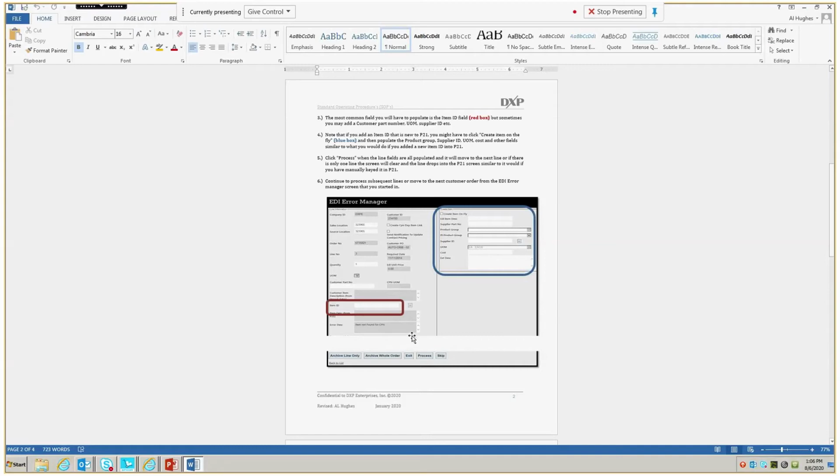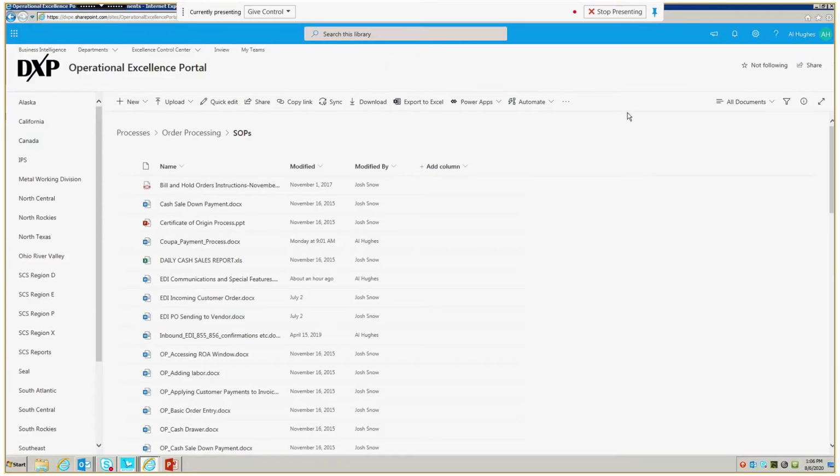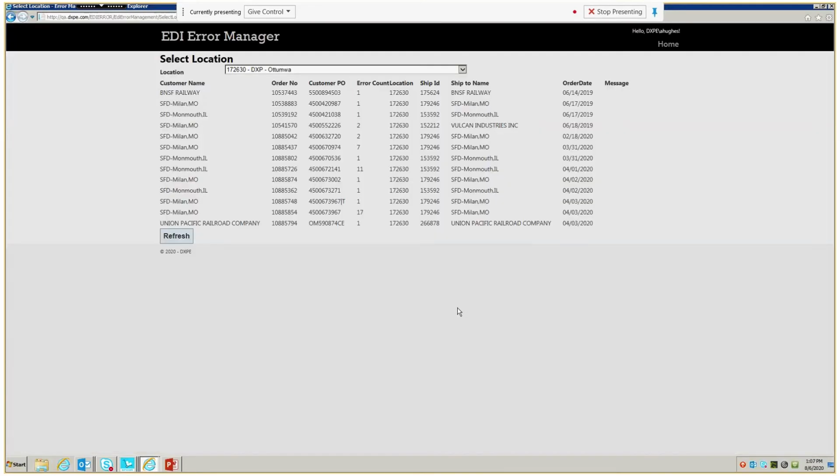I'm not going to go through all the SOPs because we have limited time, but what I am going to do now is go into the actual EDI Air application. And this is a play system we have set up here. So now I'm going into the actual incoming EDI